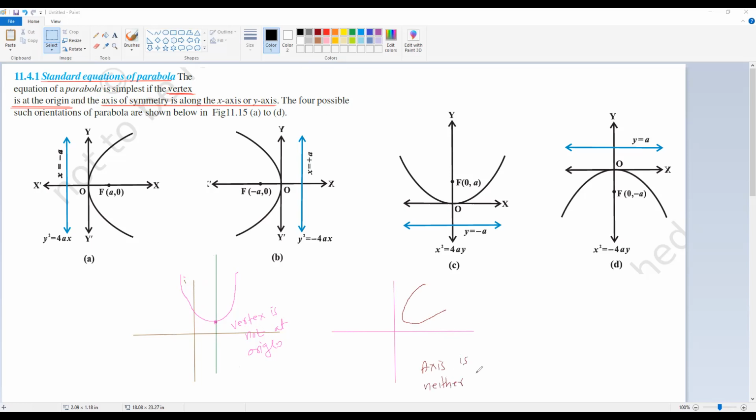So either even axis is neither horizontal nor vertical. Even though in this case axis y axis नहीं था, फिर भी it is parallel to y axis था, or at least vertical था, नहीं तो horizontal आएगा कभी. बट इन दिस केस आप देखेंगे तो एक्सिस इज, दिस इज द एक्सिस, इट इज नाइदर हॉरिजॉन्टल नॉर वर्टिकल. वैसे भी पैराबोलास है। सो इसके बारे में हम, इसी प्रकार का पैराबोला के बारे में हम लेटर हायर क्लास में पढ़ाई करेंगे। अभी फिलहाल हम एकदम बेसिक पैराबोला के बारे में डिस्कस कर रहे हैं।